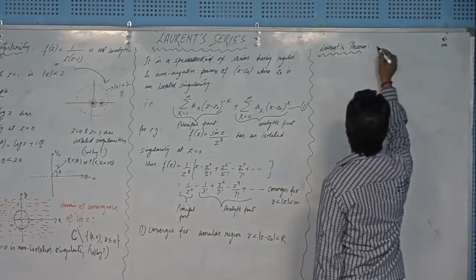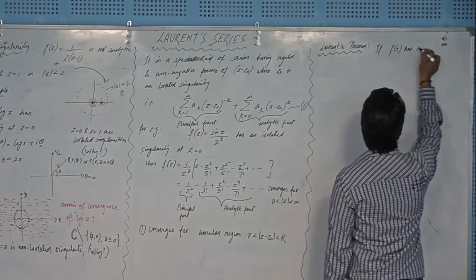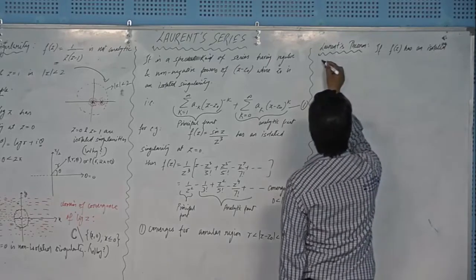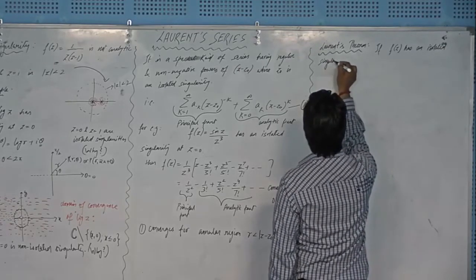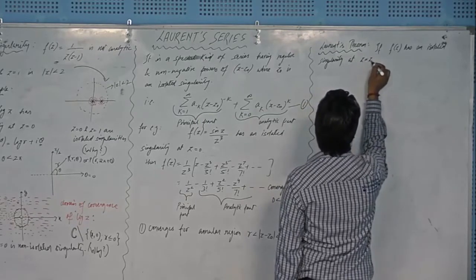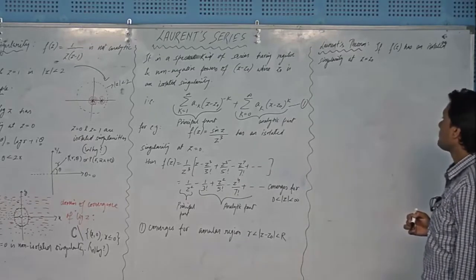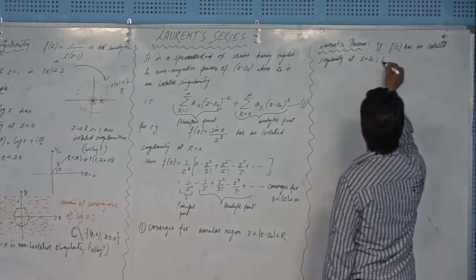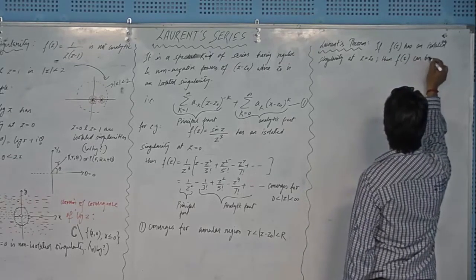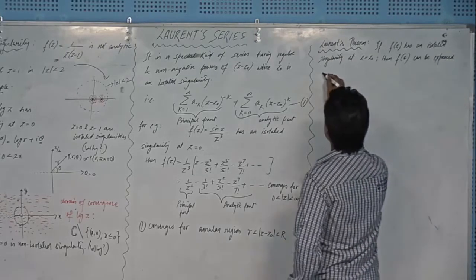It says that if f of z has an isolated singularity at z equal to z naught, right? Then f of z can be expressed in